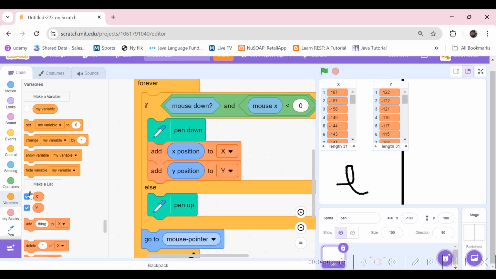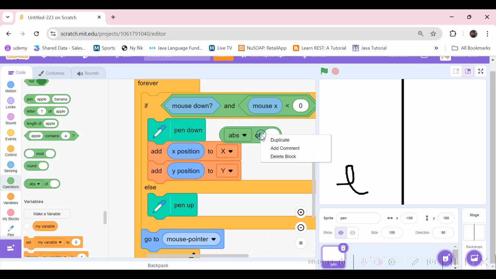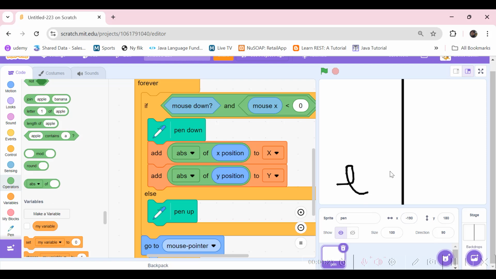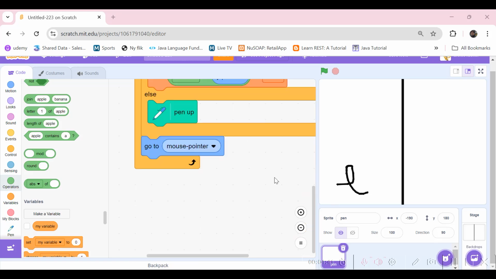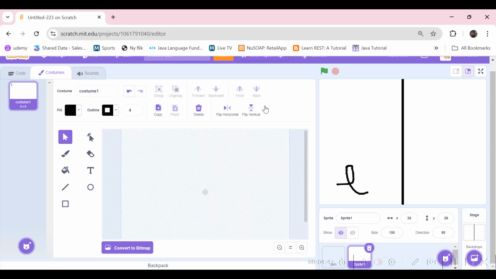And also one more thing, we'll also make this the absolute value so that it's recording it in the mirror. It's like when we record it, it will be drawn like when we see in a mirror. For that, let's put absolute value. So it will make a negative value into a positive value. This abs. Okay, so now after that, let's create a new sprite, and this is just going to be a